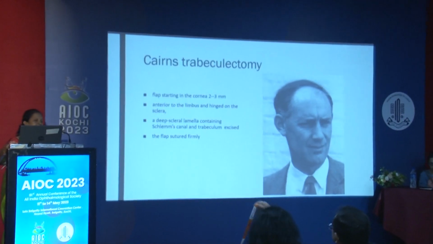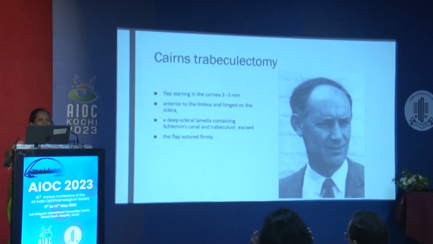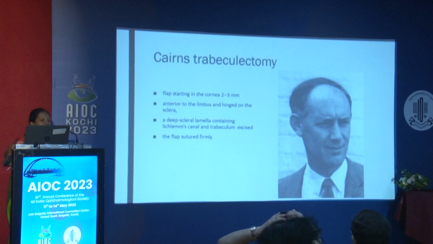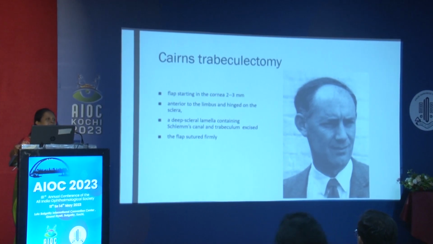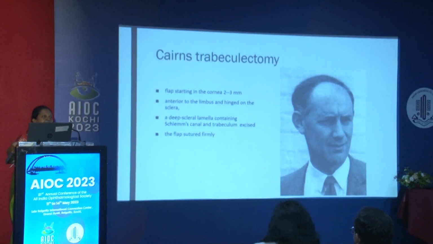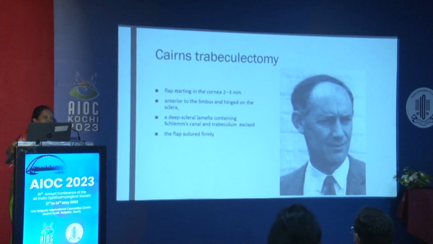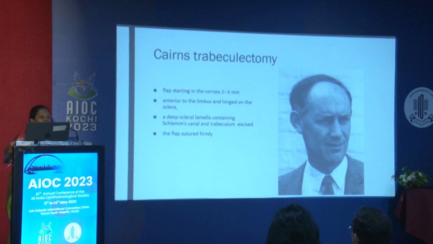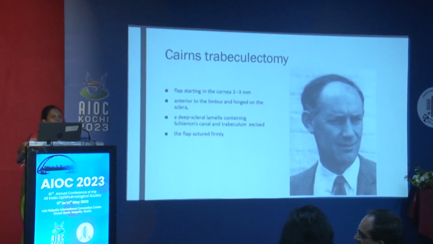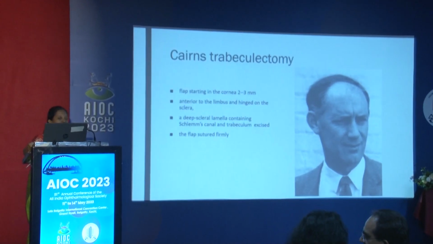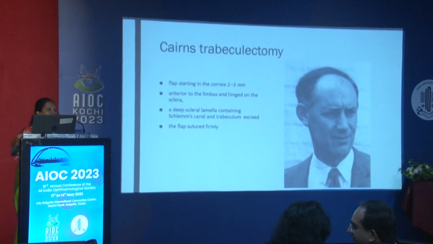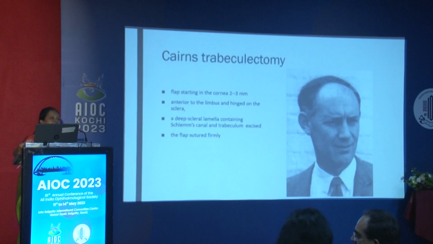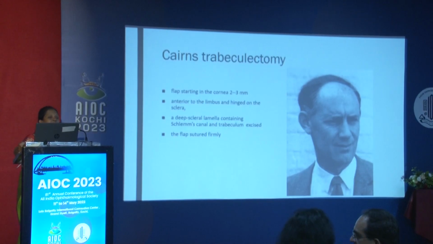In 1968, Sir John Cairns developed the trabeculectomy technique. So it was based on the concept that the trab meshwork and the inner wall of the Schlemm's canal offer the maximum resistance to the aqueous outflow. And even before Cairns, it was Sugar who actually tried experimental trab on eye bank eyes, and in fact, he was the one who coined the term trabeculectomy. So Cairns' trabeculectomy